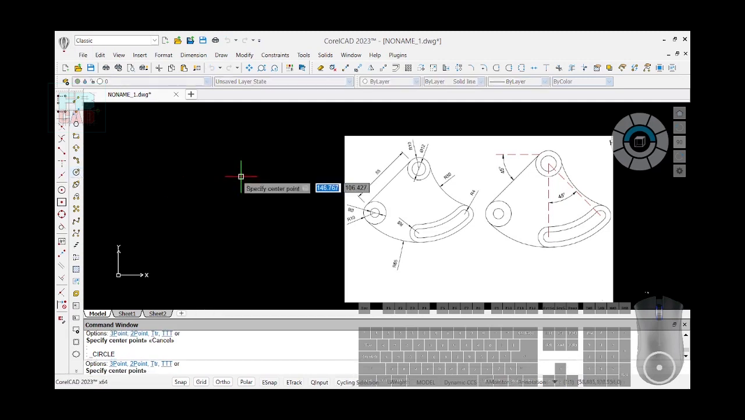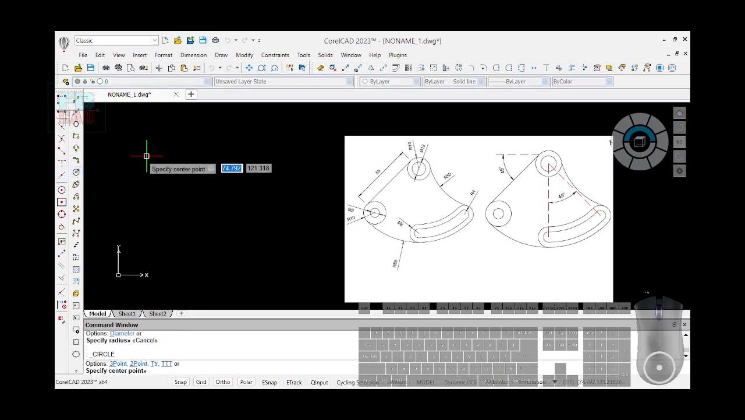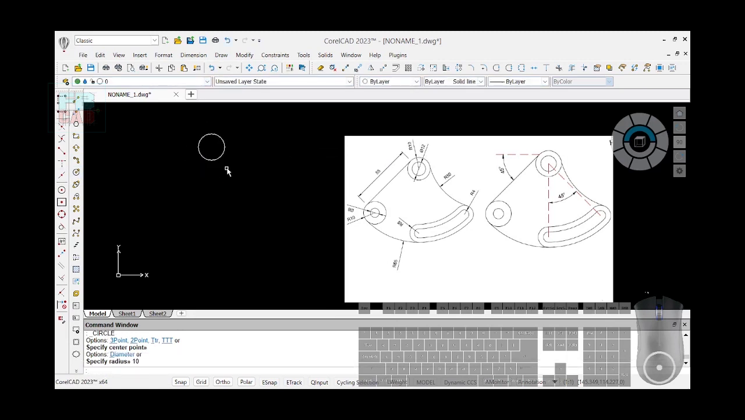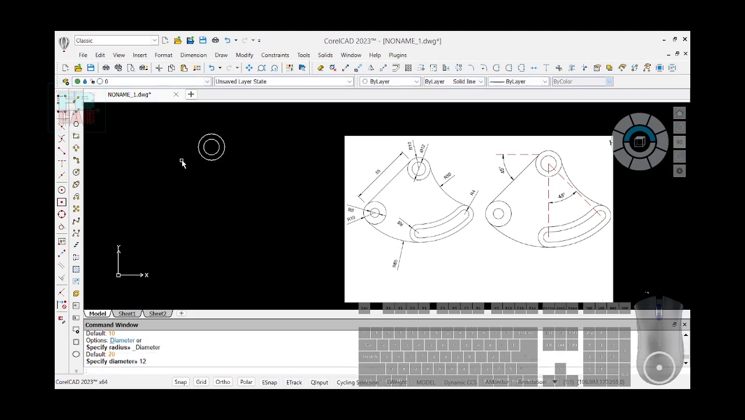So let me take this circle, and that is a circle of radius 10 and diameter 12. So I put the center here. Okay, now let me put the center somewhere here. Radius 10. Press enter to repeat the select command. Then diameter 12. Okay, so geometric constraint concentric,